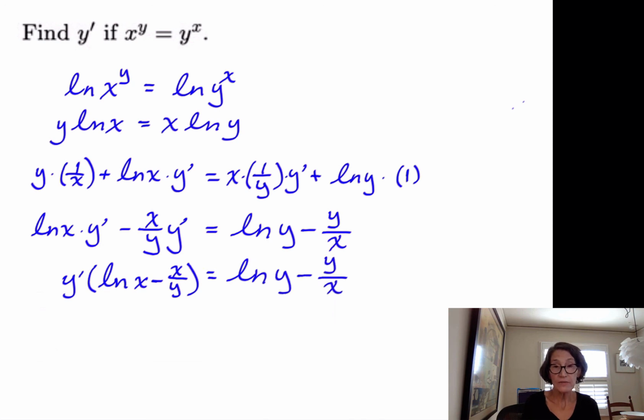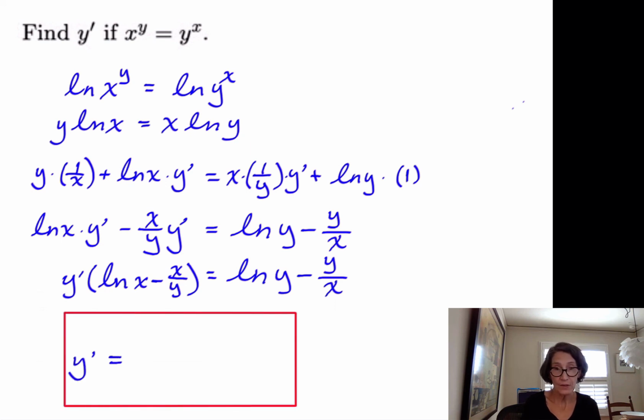And now I can divide both sides by the natural log of x minus x over y. So I'm left with y prime equals the natural log of y minus y over x over the natural log of x minus x over y. And there's nothing else I can do because we don't know what y is explicitly as a function of x. So this is our derivative with respect to x. All right, so you'll have some logarithmic differentiation